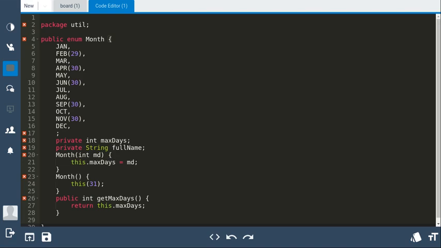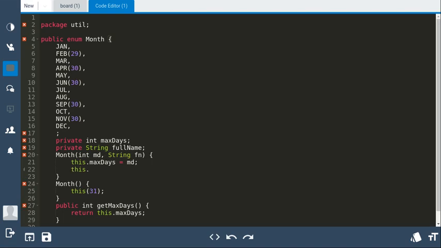And I add in my constructor a String. I'll take one parameter at least now. I've updated the constructors, and because the constructor is updated, I'll have to change here also. I must specify